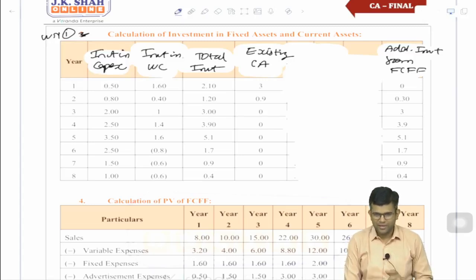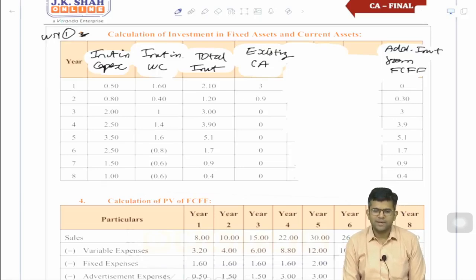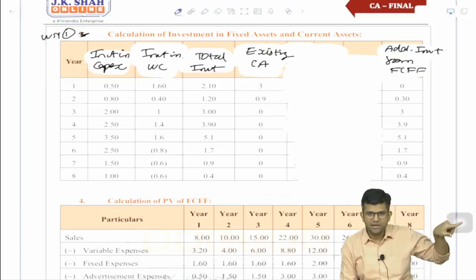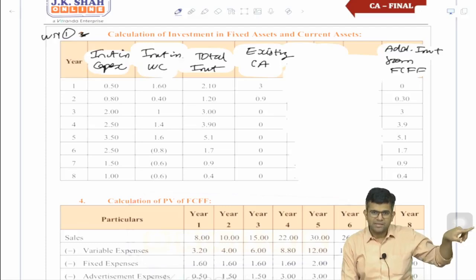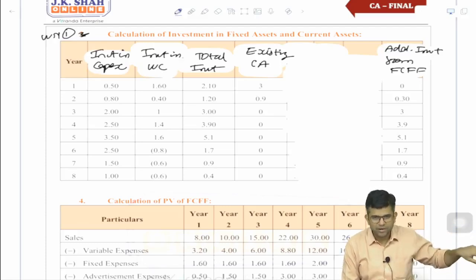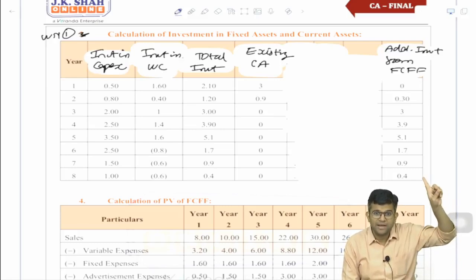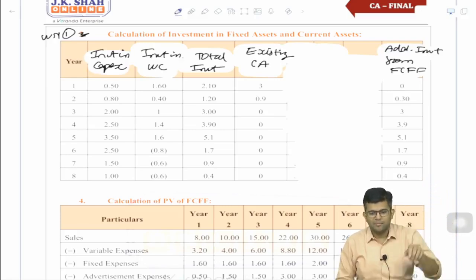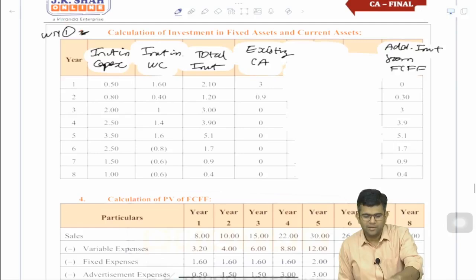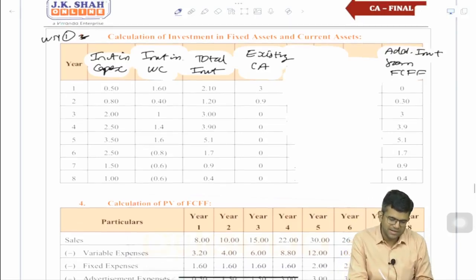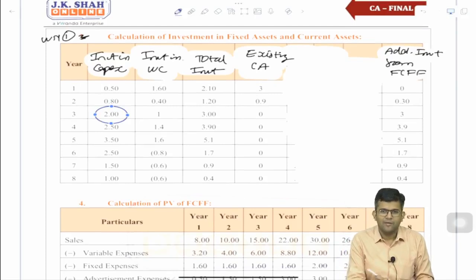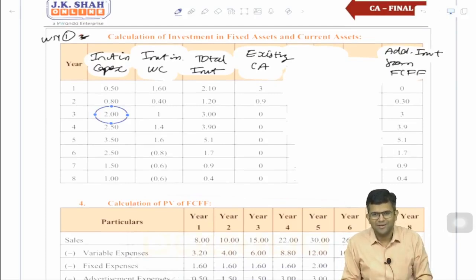You realize when you're doing this, you are assuming that all this investment is happening. Like for example, let's talk about year 3. Year 3 additional investment is how much? 3 million. Can I say you're subtracting it from third year FCFF? Then the third year FCFF will be discounted for 3 years when we are doing the final present value calculation. But then, do you remember that somewhere in the question they had said that this was at the beginning of year 3,